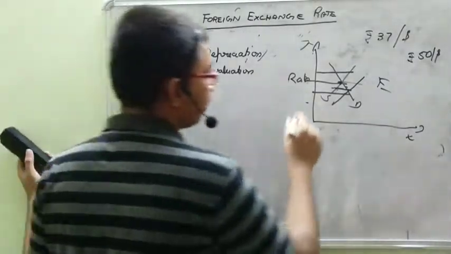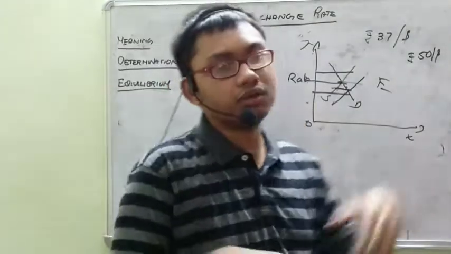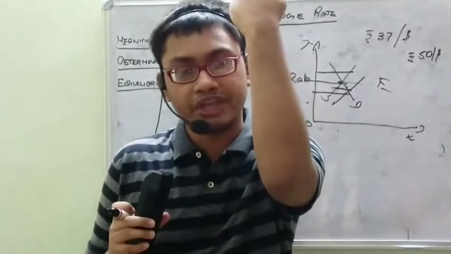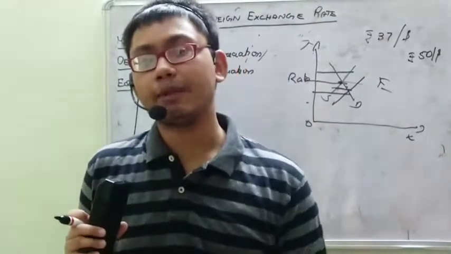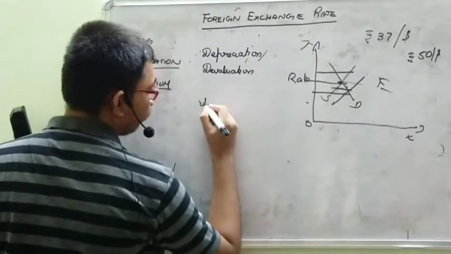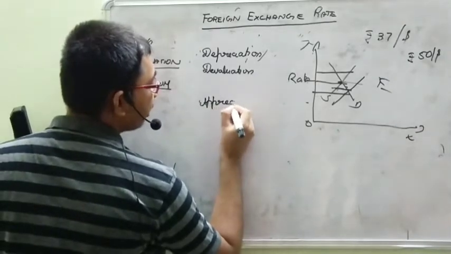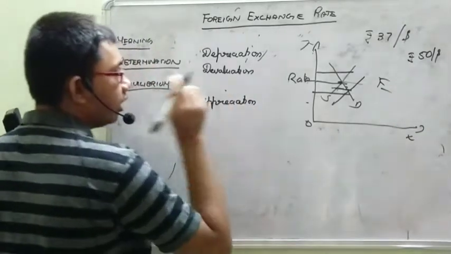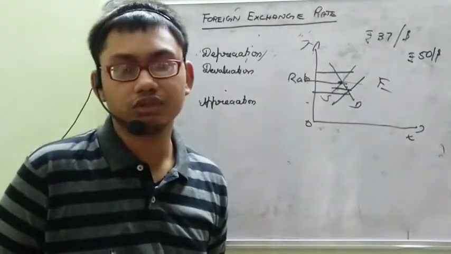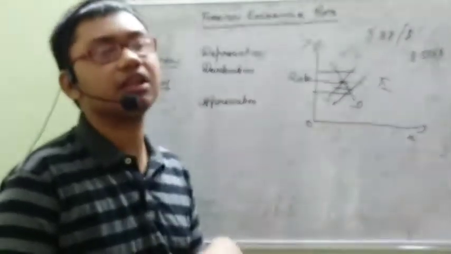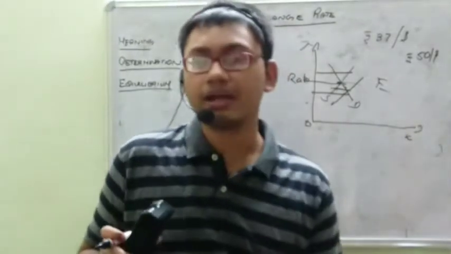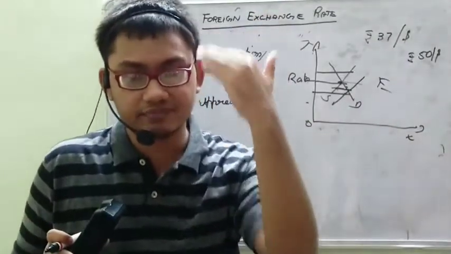The opposite of this situation, where the price of dollar is coming down, means value of rupee is going up with respect to the dollar. So what happened? If it is happening in floating exchange rate or due to natural market forces, it is appreciation of Indian rupee. It is depreciation of foreign currency. Got it? It is depreciation of foreign currency because US dollar is falling. In case of depreciation of our currency, it is appreciation of the foreign currency.